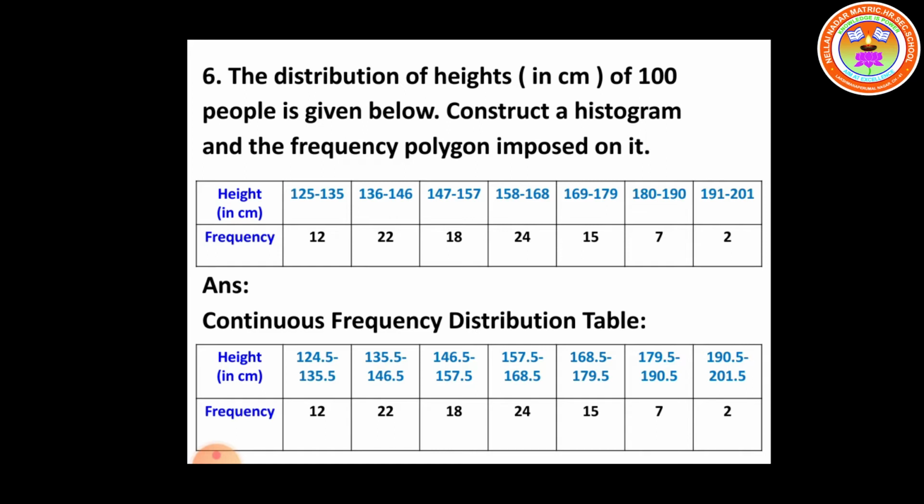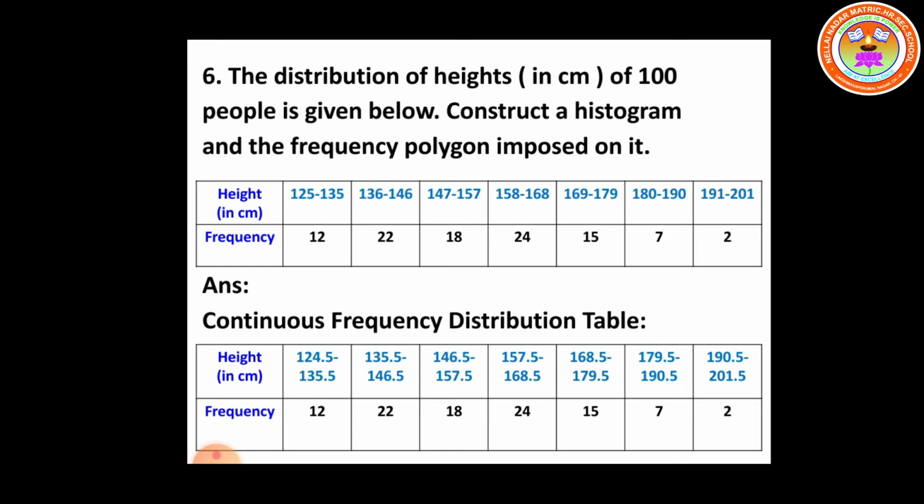How can we make it? What is the gap between the upper limit of the first class interval and the lower limit of the second class interval? See, 135 and 136. So the gap between them is 1. So half of 1 is 0.5. So in each class interval, we have to subtract 0.5 from the lower class limit and add 0.5 to the upper class limit. So we can get the continuous frequency distribution table as